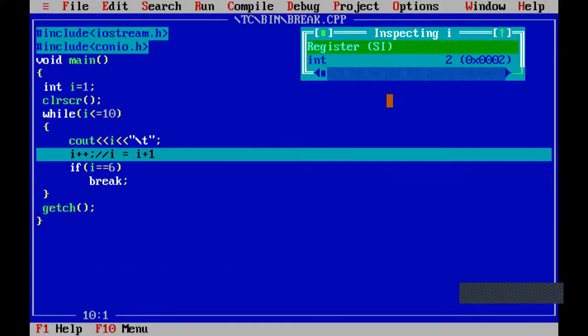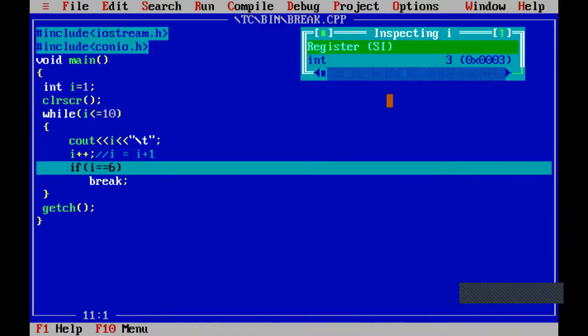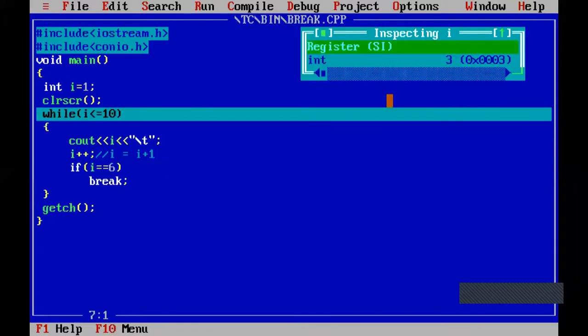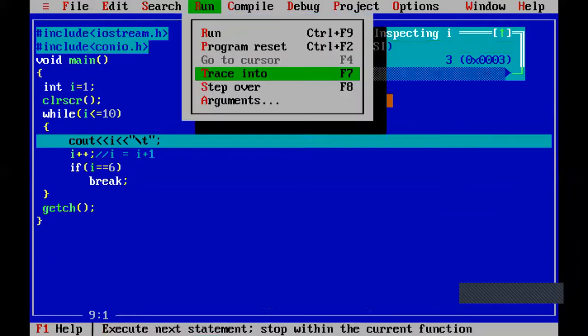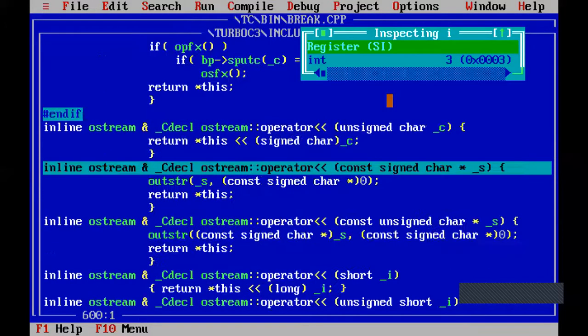Then i++ means the i value will be increased to 3. Again it will check whether the i value is equal to 6 or not. The i value is 3 here. 3 equal to 6? The condition is false because the i value is not 6, so the break statement will not execute. Again it will check the condition. cout i prints the value of i.